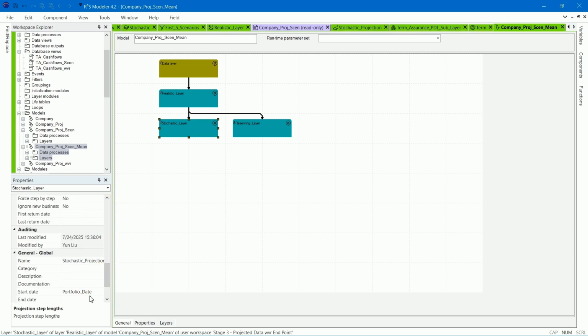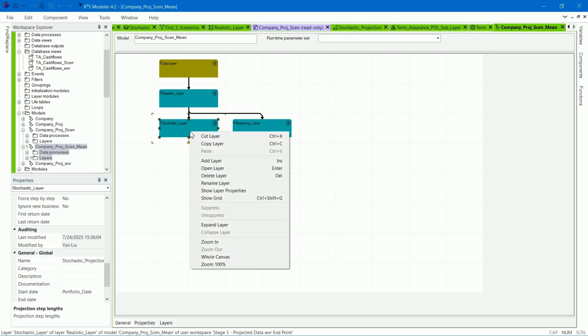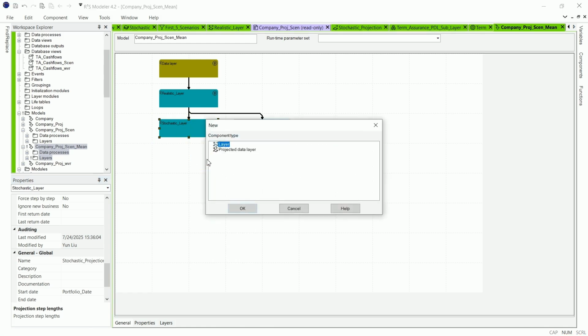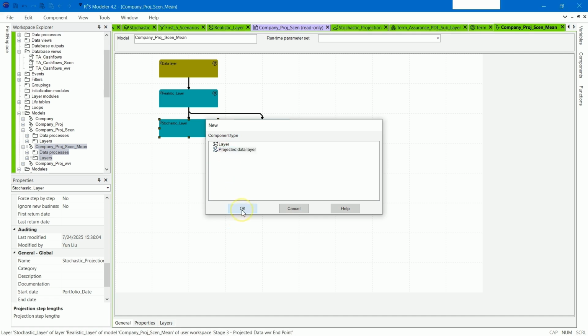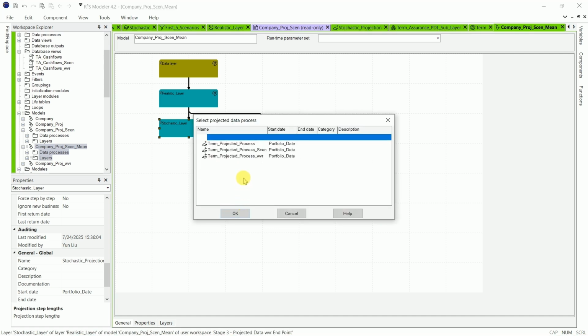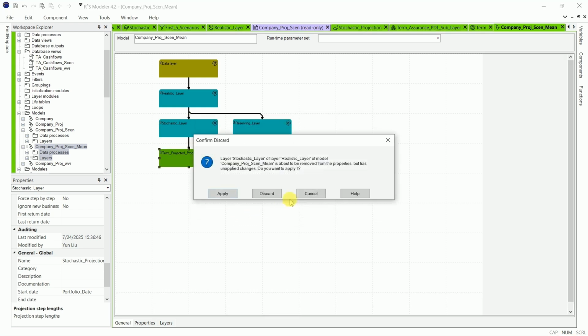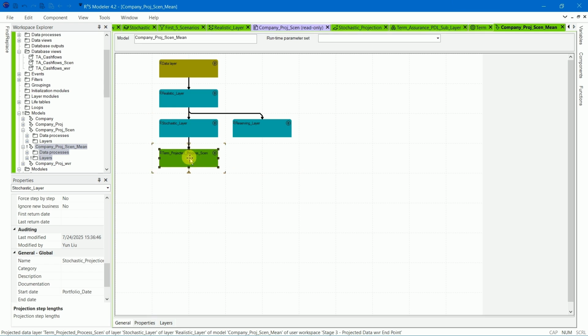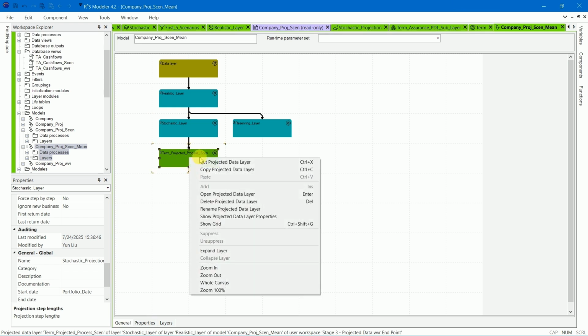Now we'll add the external NP projected data layer into the new stochastic layer. Right-click on the stochastic layer, select Add Layer, click on Projected Data Layer, and press OK. Choose Term Projected Process Sen, and press OK. Name this projected data layer External NP.